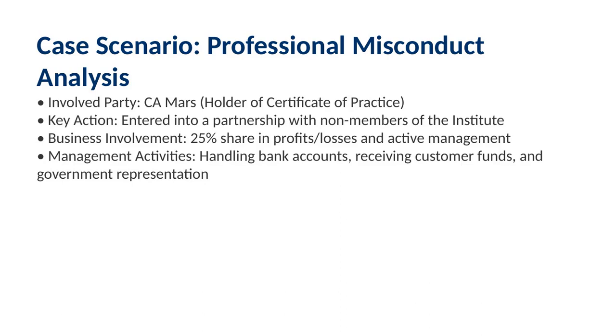All right, let's dive into this important case study. This is a classic scenario involving auditor independence and professional misconduct, and it's exactly the kind of question that tests your ability to link the Companies Act with the Chartered Accountants Act. First, let's look at the facts. We have Mars, who is a director of Element Gold Private Limited. The company has appointed Venus, who is a chartered accountant and also the spouse of Mars, as the statutory auditor. Venus accepted the appointment and issued audit reports without any disclosures. We need to analyze this based on the Chartered Accountants Act, 1949.